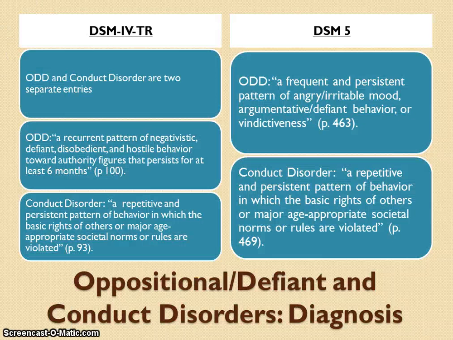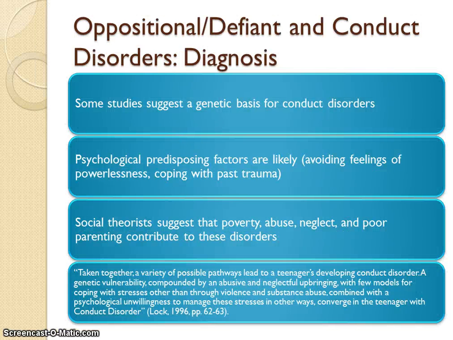In addition to ADHD, the chapter authors discussed oppositional defiant and conduct disorders. Here I've highlighted the differences that I saw between the DSM-4-TR and the DSM-5 regarding these. Again, the differences are subtle and have more to do with how the separate disorders are classified in the manual rather than any qualitative changes in criteria for diagnosis. These disorders often appear before adolescence but can become incredibly problematic during this time as teens begin to experiment with